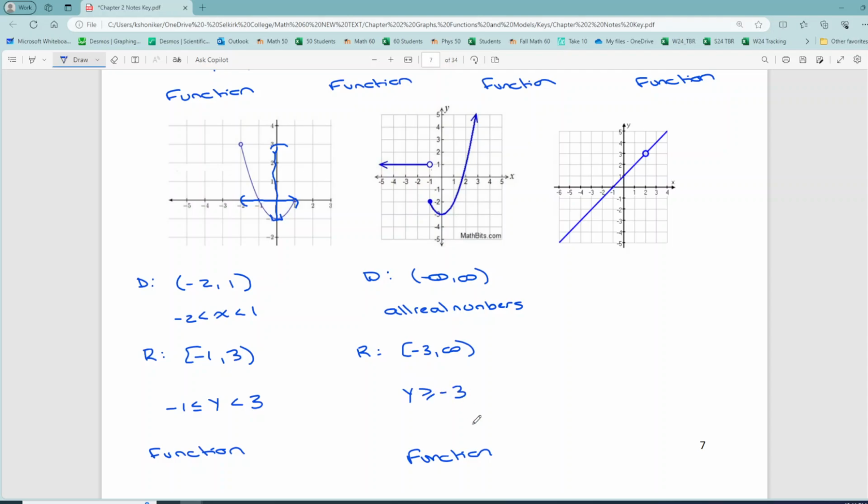This is a weird one, and the reason I put this one on is because in a couple lessons we're going to be graphing these. And what these are, they're called piecewise functions, where there would be a piece of your graph that would be a straight line, and then there'd be another piece of your graph which is a curve. Okay, we will learn the names for these in a bit, but you'd have a constant and then a quadratic